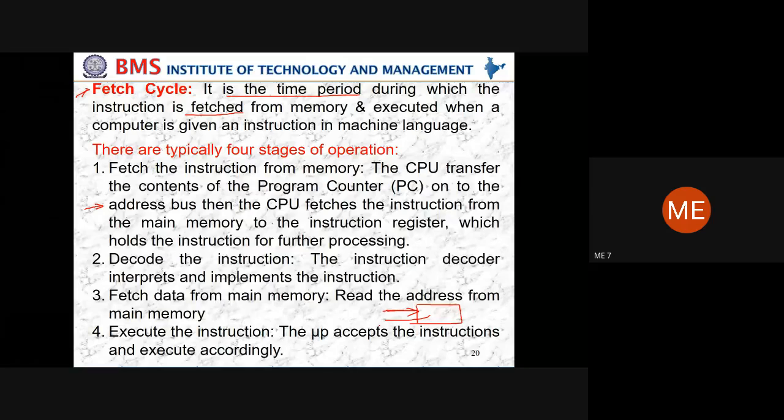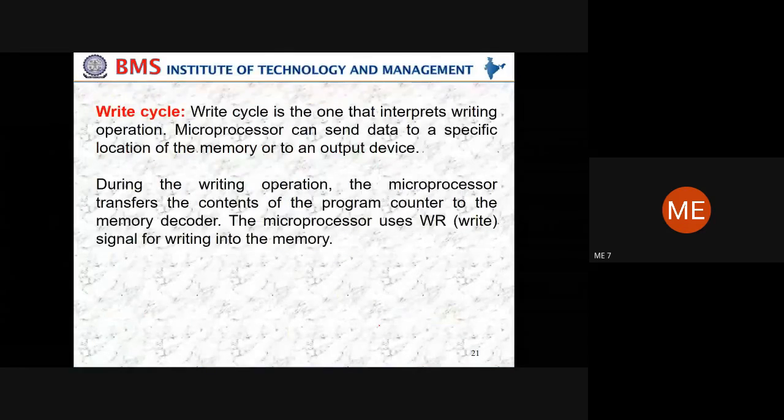That content will be present in the program counter register, the PC register. Now that content you take and pass on to the address register. So the address register will carry the address of the memory. Then the instruction decoder decodes the addresses, and you fetch the data from the main memory and carry out the instruction accordingly. That's about the case of the fetch cycle.